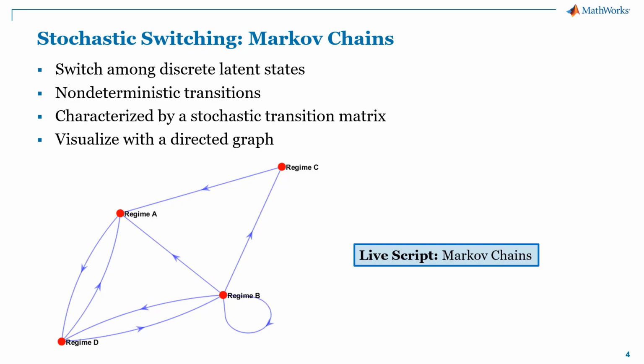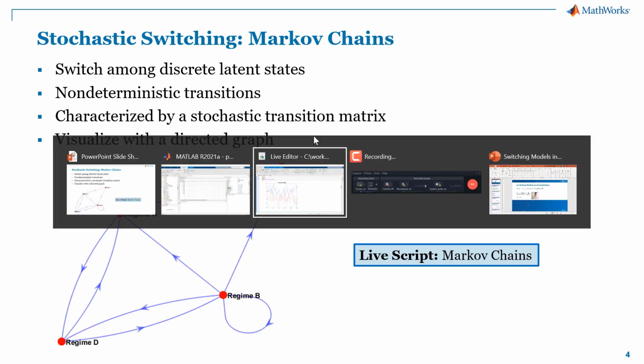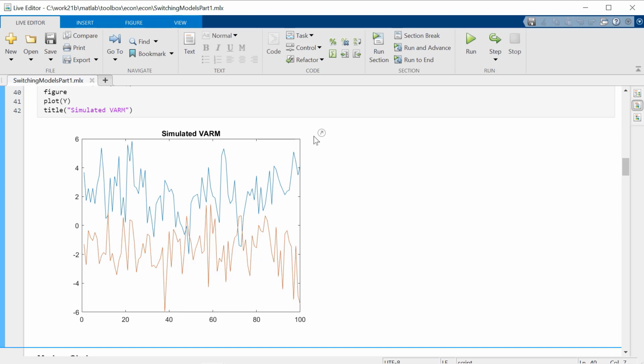We're going to think about Markov chains in one of two ways, either visually as a directed graph, like you see here, or algebraically in terms of something called a transition matrix, which of course is something that MATLAB likes, working with matrices and linear algebra. So let's just take a look at how we would put together a Markov chain as a switch for a switching model.